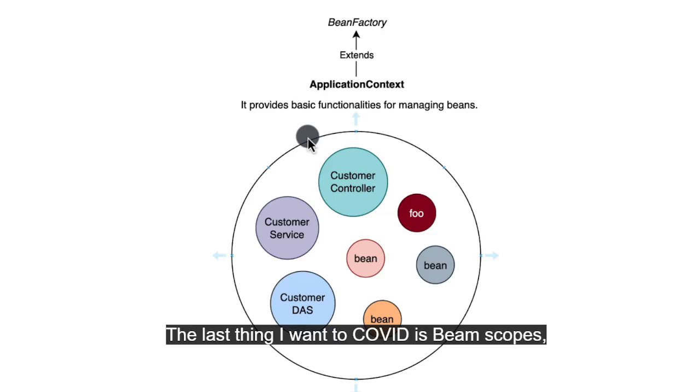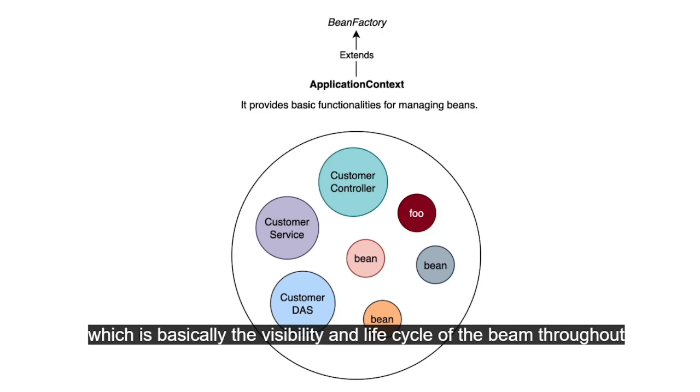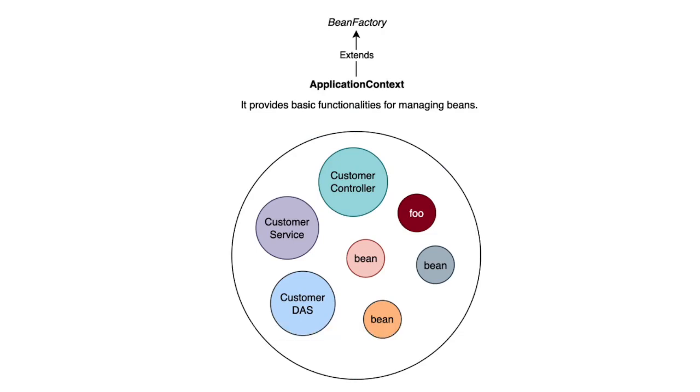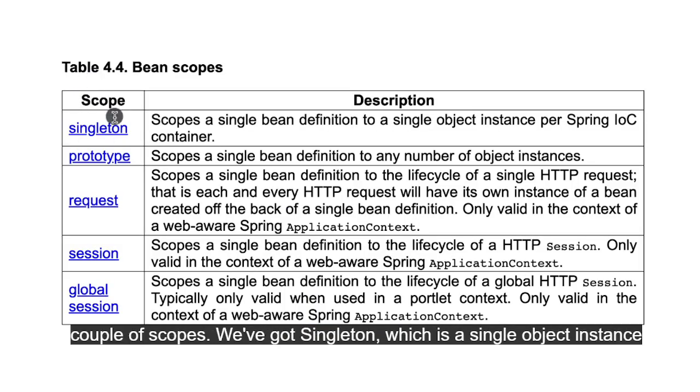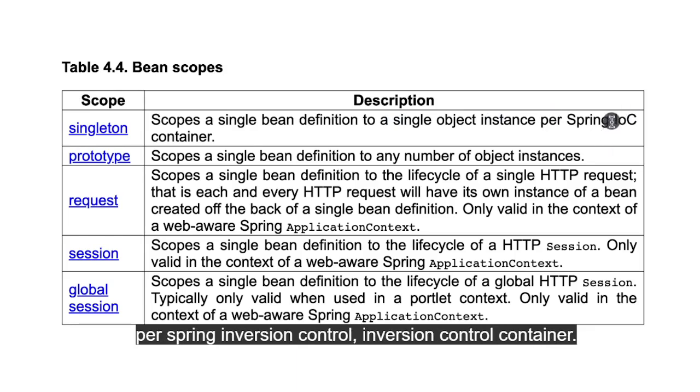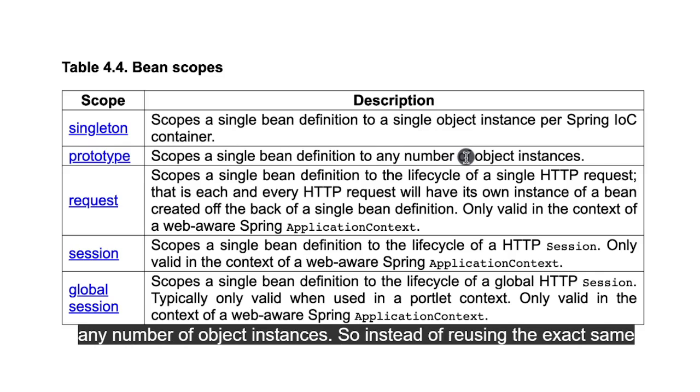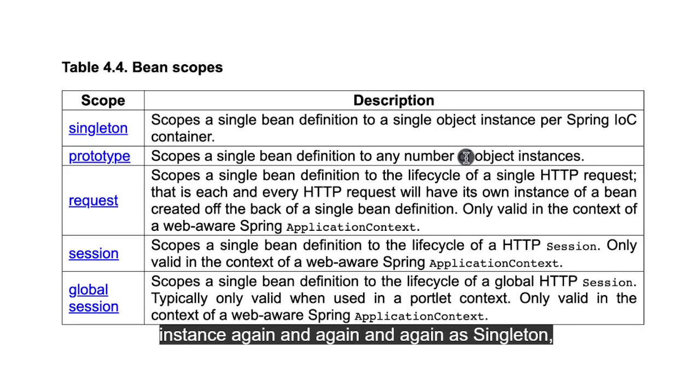Last thing I want to cover is bean scopes, which is basically the visibility and lifecycle of the bean throughout the application lifecycle. And we have a couple of scopes. We've got singleton, which is a single object instance per Spring Inversion of Control container. We also have prototype, which is a definition for any number of object instances. So instead of reusing the exact same instance again and again as with singleton, we get a fresh new